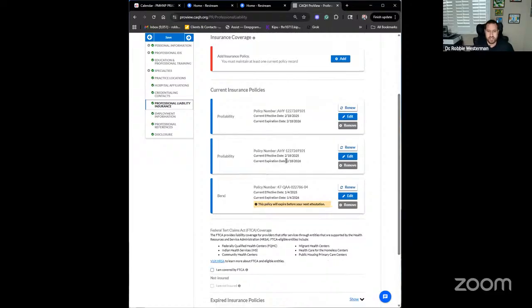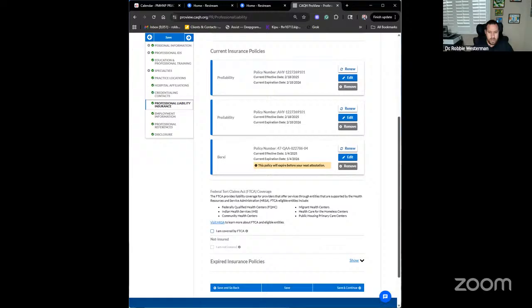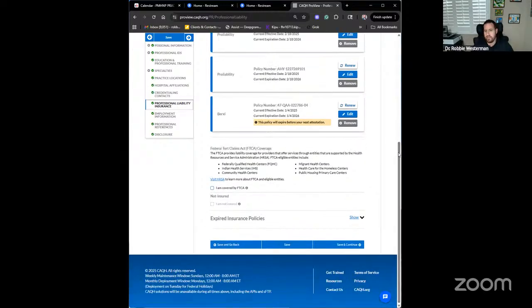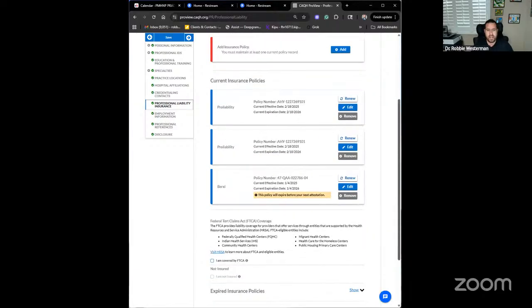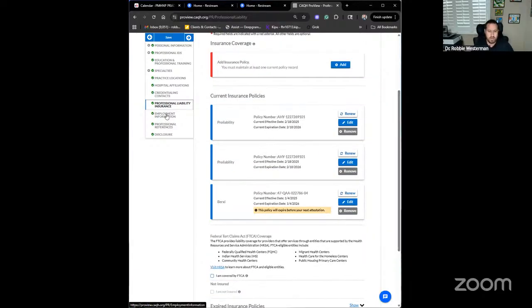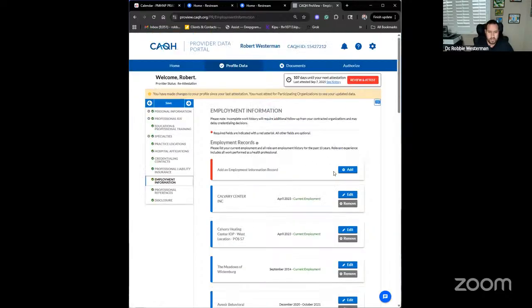Liability insurance. So I have, this is expiring. I'm a big fan of Berksey. It's cheap. I have this policy now. In Arizona, if you want to see Medicaid patients, you have to have what's called sexual abuse and assault coverage if you want to see Medicaid patients. So that's why I had to update my policy, and it's quite expensive. So we have our policies there. You don't have to worry about the tort stuff. That's if you work for an Indian Health Center or a federally qualified health center.